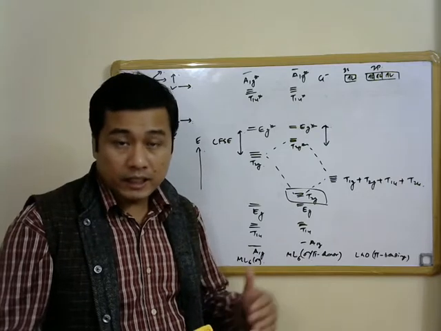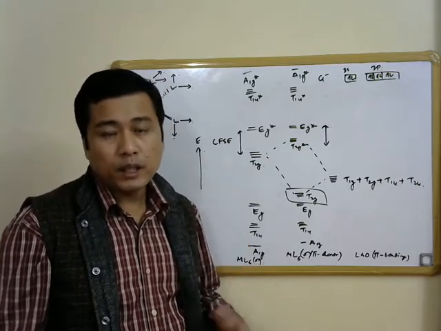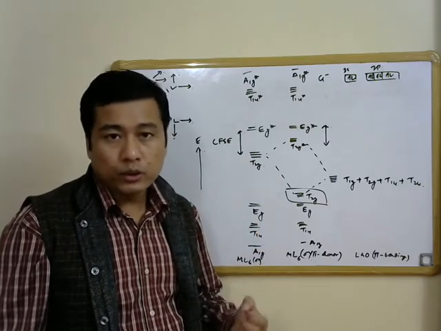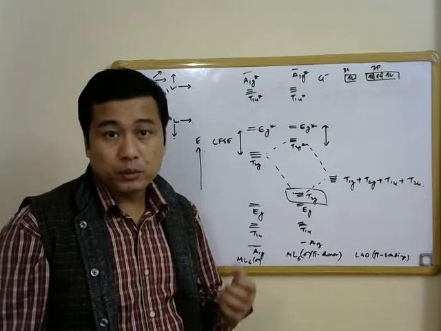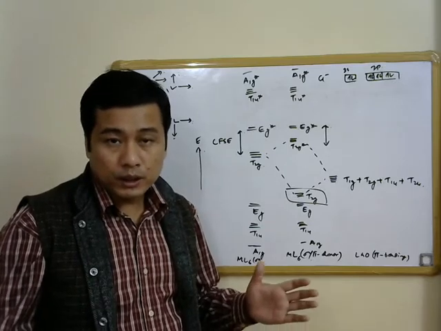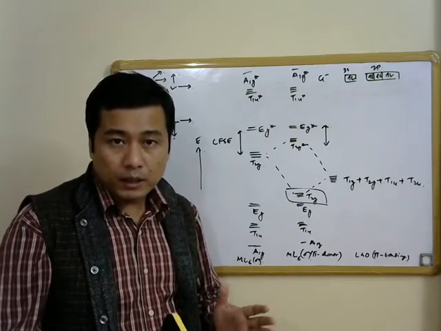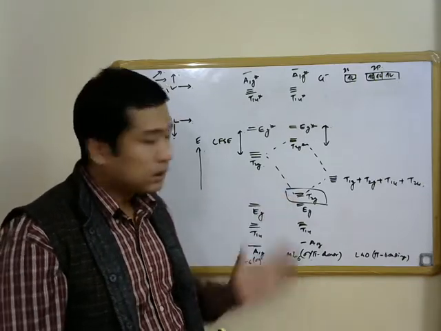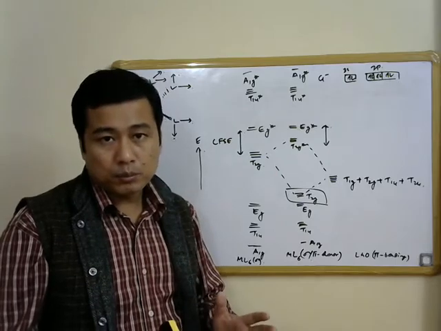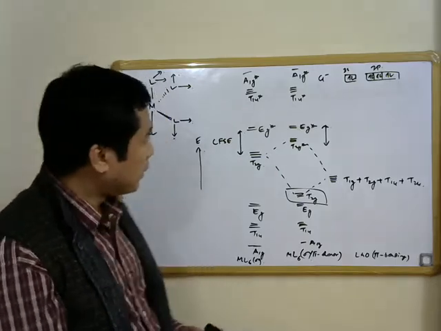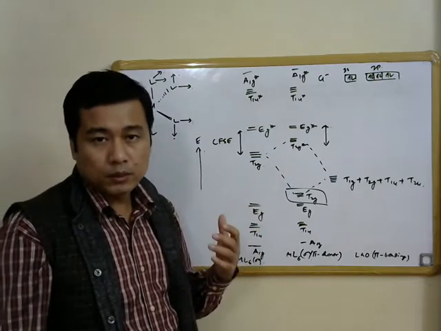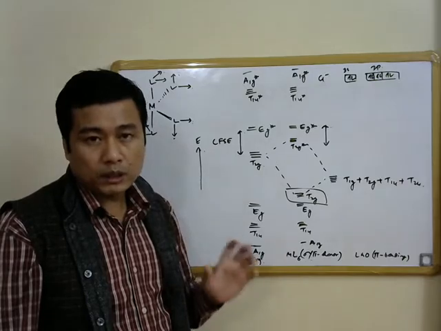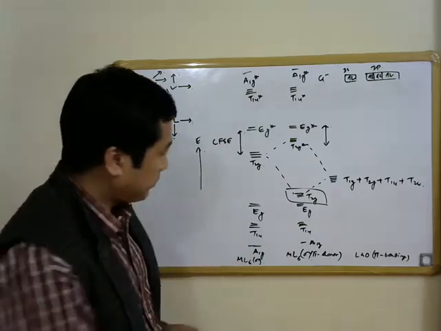metal essentially decreases, and that is the reason why ligands like chloride or water or hydroxo are considered to be weak field ligands, because the splitting of the energy of the metal d orbitals decreases when these ligands participate in pi bonding. So now we understand why these ligands containing electronegative donor atoms are considered to be weak field ligands.